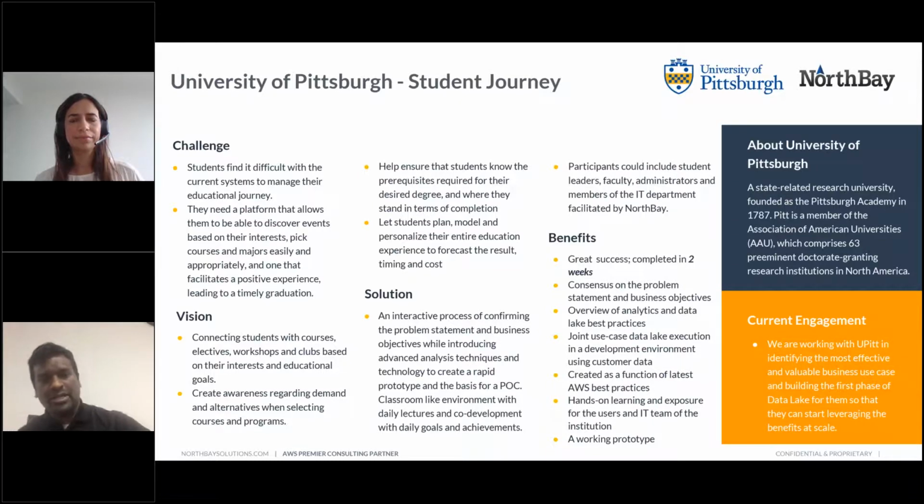So one of the applications we have done is enhancing the student journey. We captured this information from 3 or 4 different sources, and went through machine learning AI tool sets and recommendation systems from the AWS ecosystem, and we were able to showcase the recommendations that an individual student can have. And the amazing part is all this work was done in 2 weeks, which was totally unusual for this university.